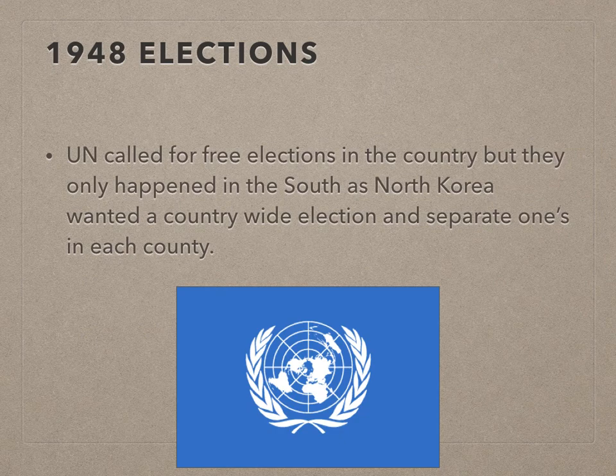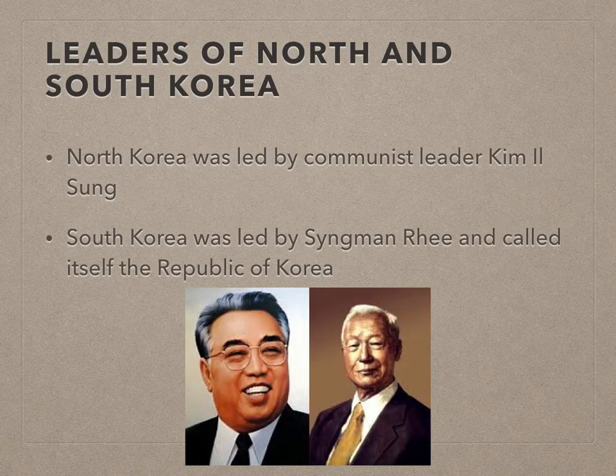In 1948, 3 years after World War II, the UN, which had, remember, replaced the League of Nations, called for free elections in the country of Korea. But they only happened in the south. North Korea were unhappy that South Korea was having its own separate election. They wanted an election for the entire country, so they refused to participate in the elections at this time. This led to a division of North and South Korea